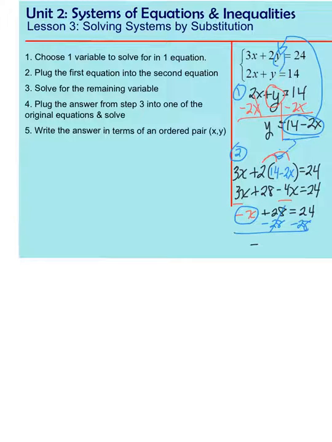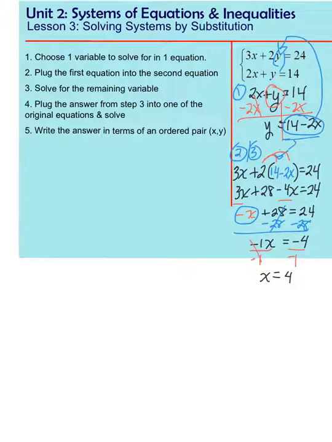And we get negative 1x equals 24 minus 28, which is negative 4. To solve for positive 1x, we're going to divide both sides by negative 1. And I get x equaling a positive 4. So that's half of my answer. Once we get one answer, we solve... well, that was steps 2 and 3. So I'll put up here that we already accomplished steps 2 and 3 as we substituted and solved